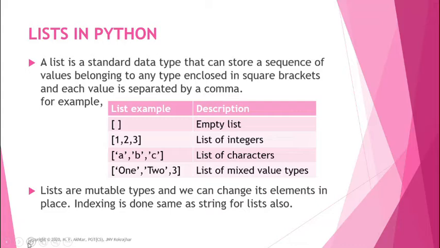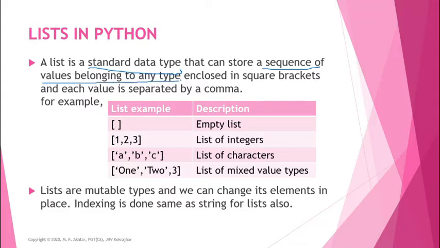Now what is a list? A list is a standard data type that can store a sequence of values belonging to any type enclosed in square brackets, and each value is separated by a comma. List is a standard data type. It is also a sequence data type, and it stores a sequence of values